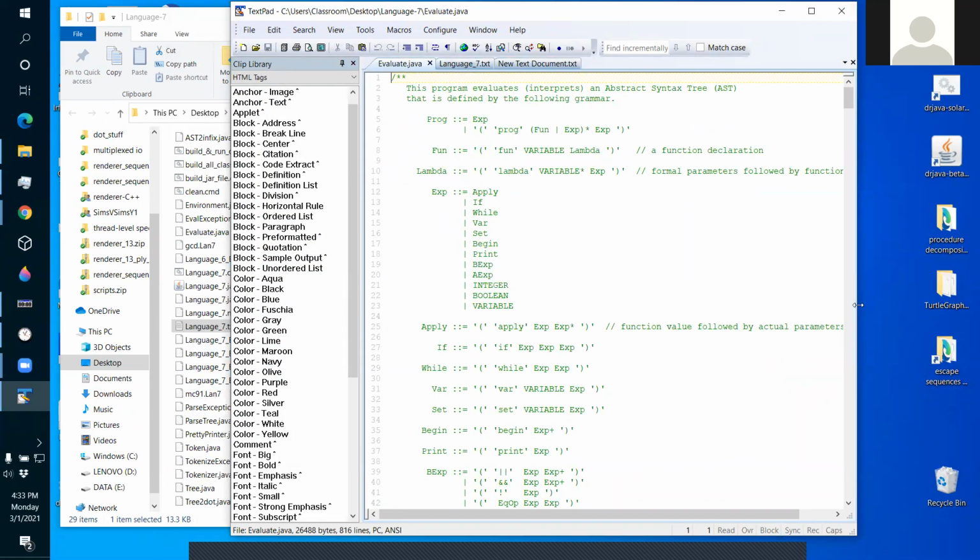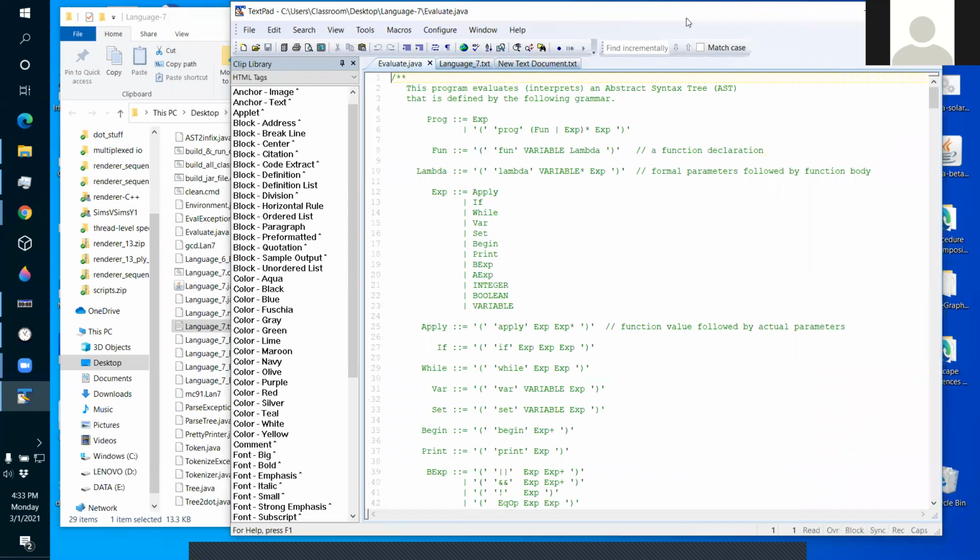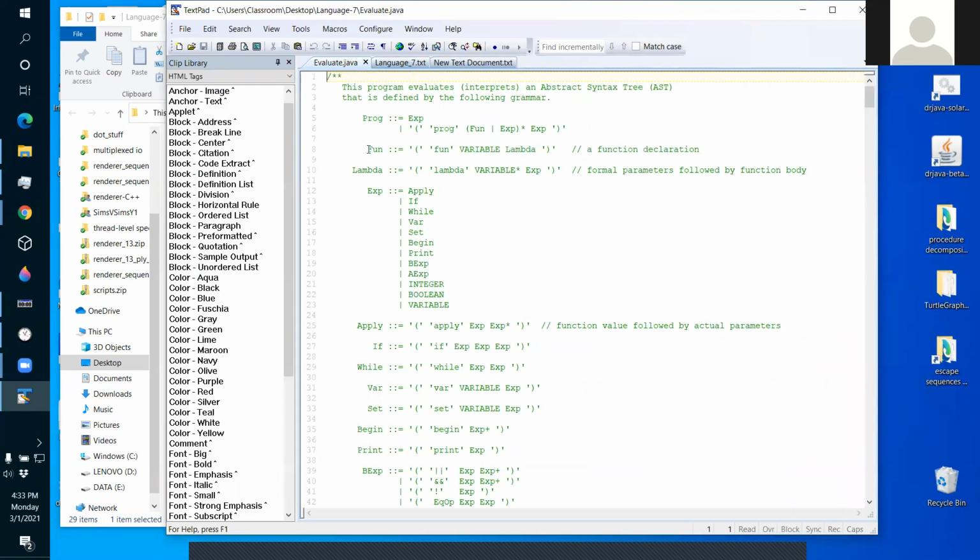There are two things to look at. How do we handle this, and how do we handle this? This is just building a tree. The way you handle a function is you build a tree that represents the name of the function and its lambda expression. And its lambda expression is a tree that represents the list of parameters and the body of the function. So the simplest thing to do